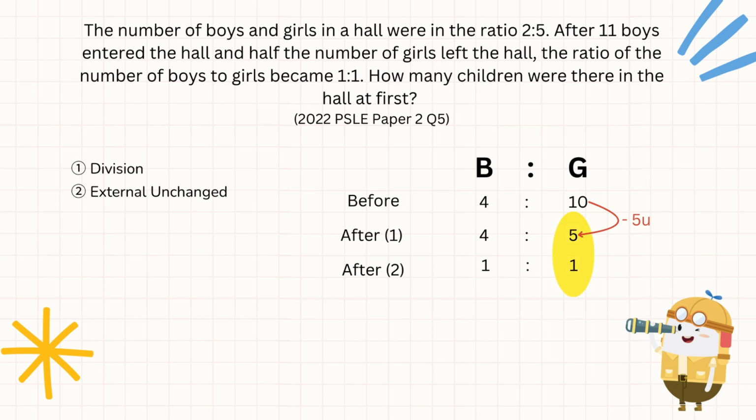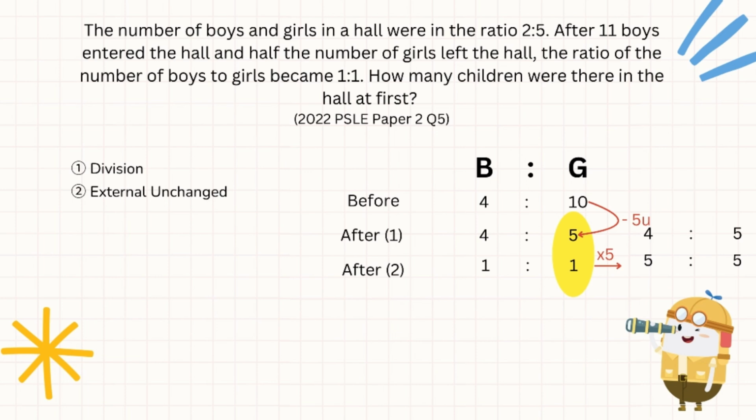All we want to do is just to make them equal. So we're going to be multiplying by 5 for the second ratio. So for the boys to girls at the end, in this case, 4:5, still no change here, while we make it a 5:5 at the end. For the boys, we notice that there's an increase in 1 unit. What is this increase in 1 unit? The increase in 1 unit is due to the increase as mentioned in the earlier part where 11 boys entered